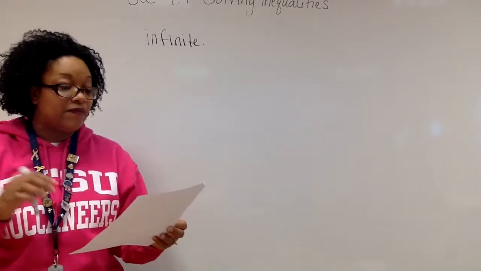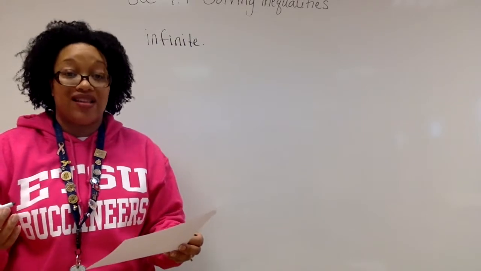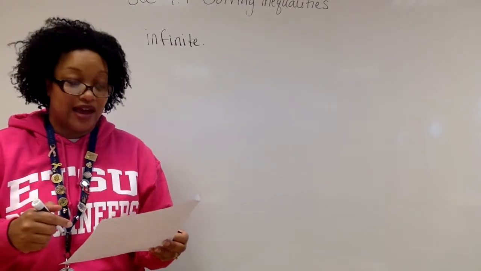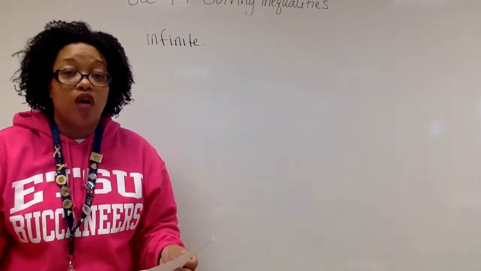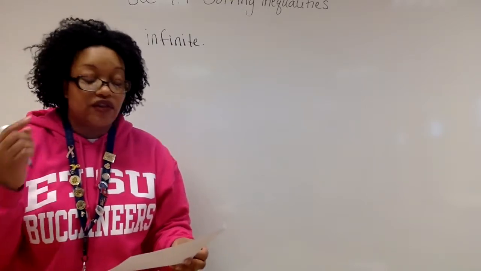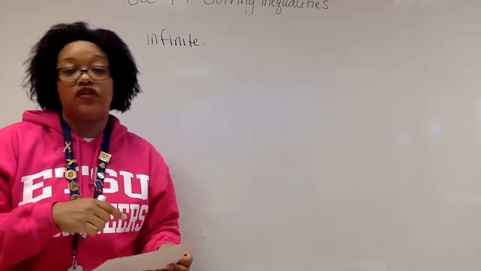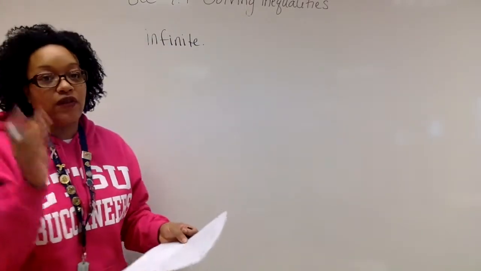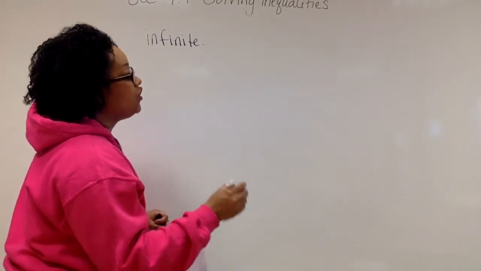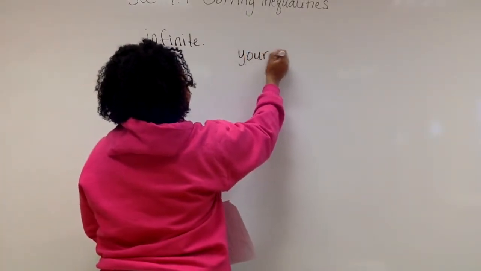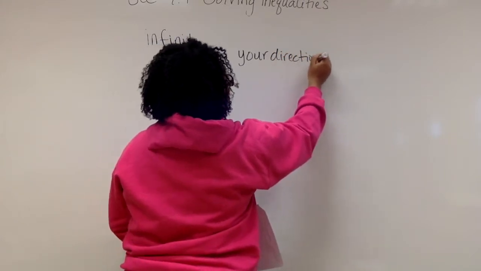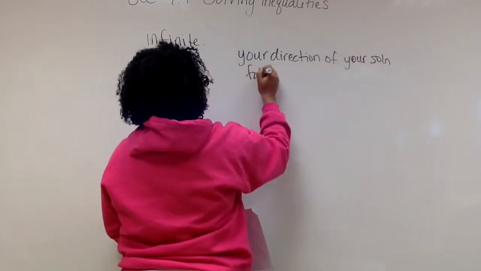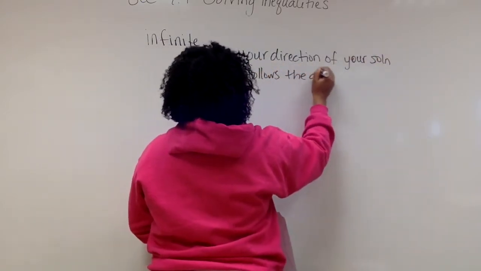So the second sentence says, once you have solved an inequality, and we're going to do that at the bottom of the page here of your notes, you have to graph it on a number line to show all the possible or infinite solutions. Now, there's a couple of things that you need to know before we jump into graphing on the number line, and I want you to write this down, okay? First of all, you need to know that the direction of your solution follows